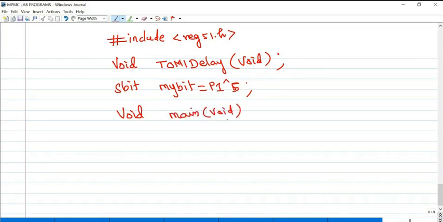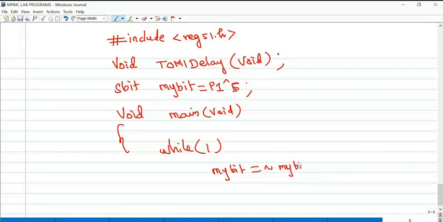Next, start your program. Void main, void, while, my bit is going to be toggled. That is the condition given. So what is the time in between the toggle state?